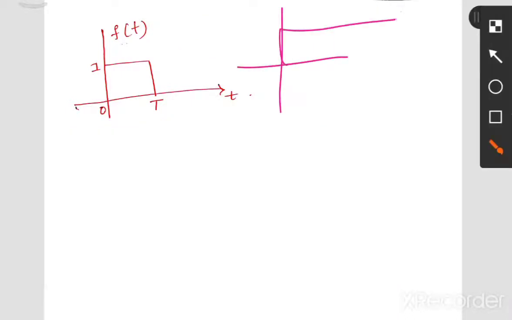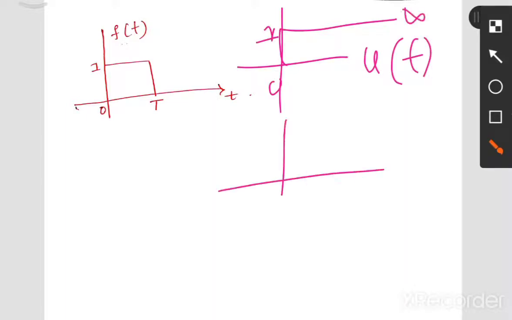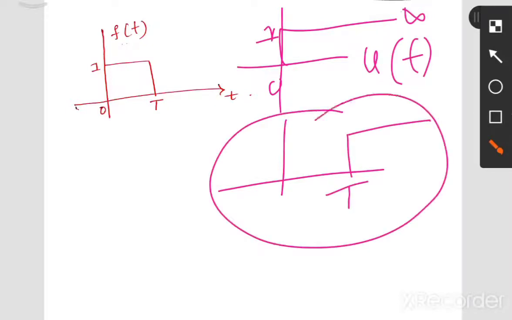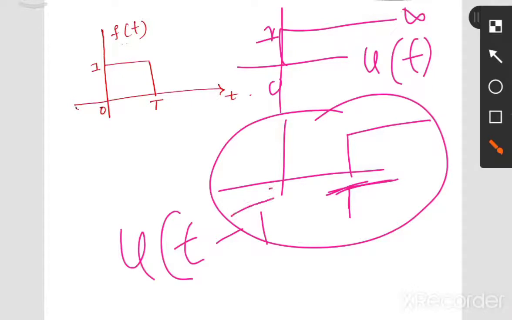Now we'll have a unit step function. So this is the definition and this is the signal. Okay, now we have a unit step function, which is indicated as u of t. Remember, its magnitude will always be 1. Now we can define the same step function signal: f of t will be 0 when t is less than 0, and the signal will have a magnitude 1 when t is greater than or equal to 0.